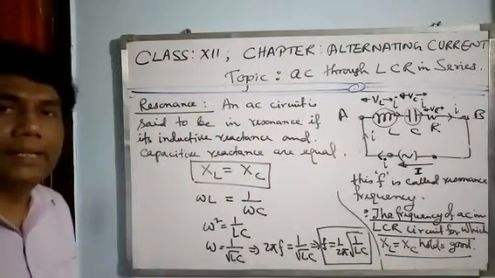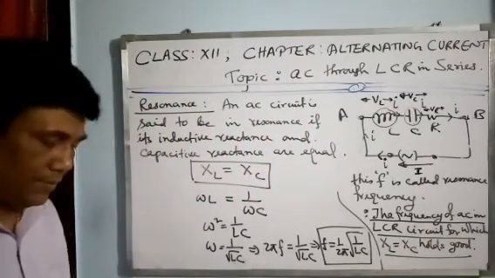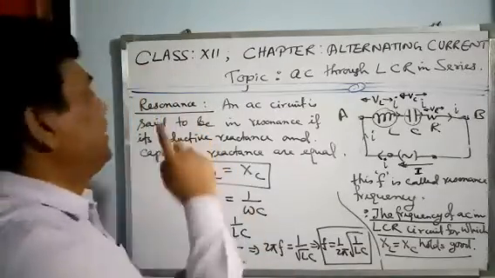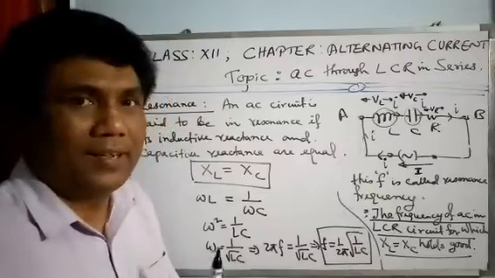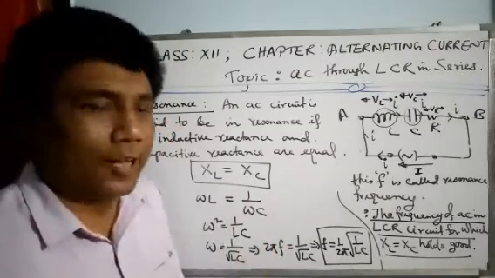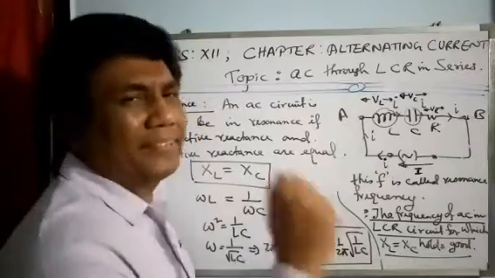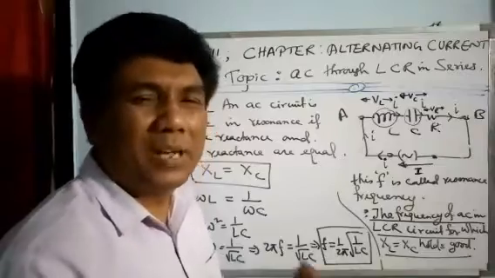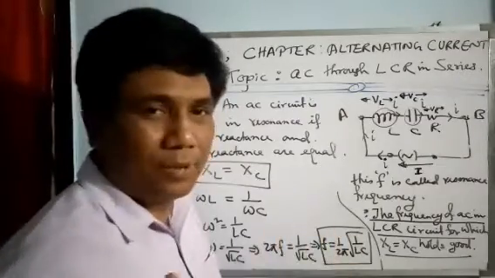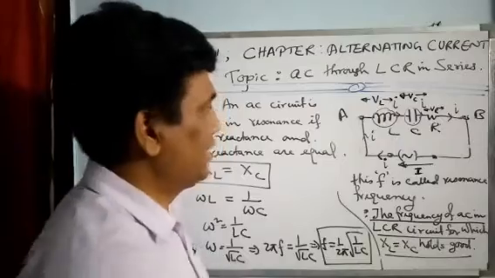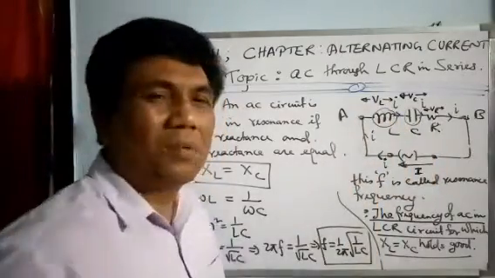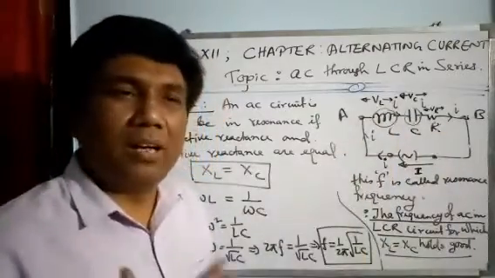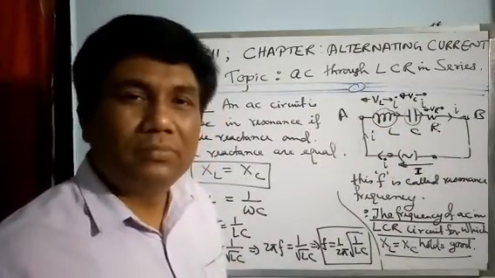Okay, let me discuss the meaning of resonance frequency. The physical meaning of resonance frequency and physical meaning of resonance are very important. Nothing to write now, you just need to understand. See, I have taken an ordinary circuit. Say this is an inductor of some millihenry. The SI unit of inductance is Henry. Say this is a capacitor of some microfarad. This is a resistor of say 100 ohm.